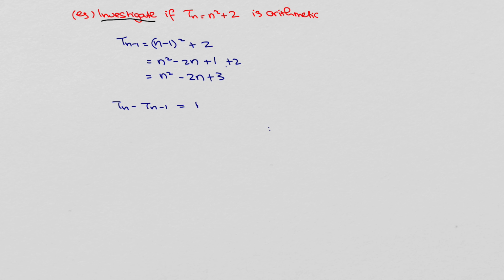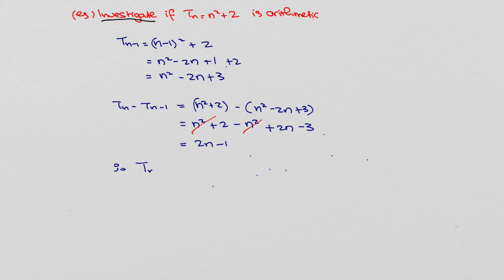So t of n is n squared plus 2. T of n minus 1 is n squared minus 2n plus 3. And that gives us n squared plus 2 minus n squared plus 2n minus 3. So we have n squared minus n squared is 0. And I'm left then with 2n minus 1. So therefore, that is telling me that the difference between any two consecutive terms is not constant, because depending on what n is,